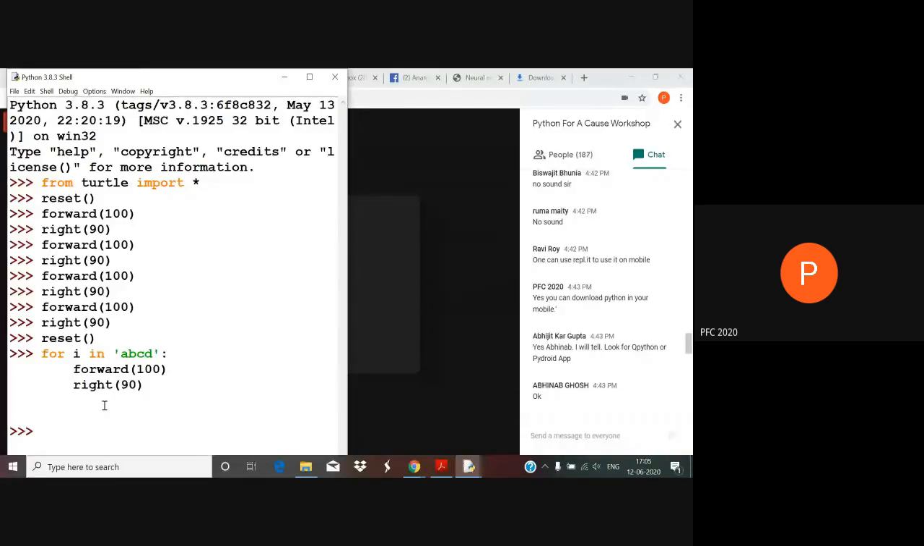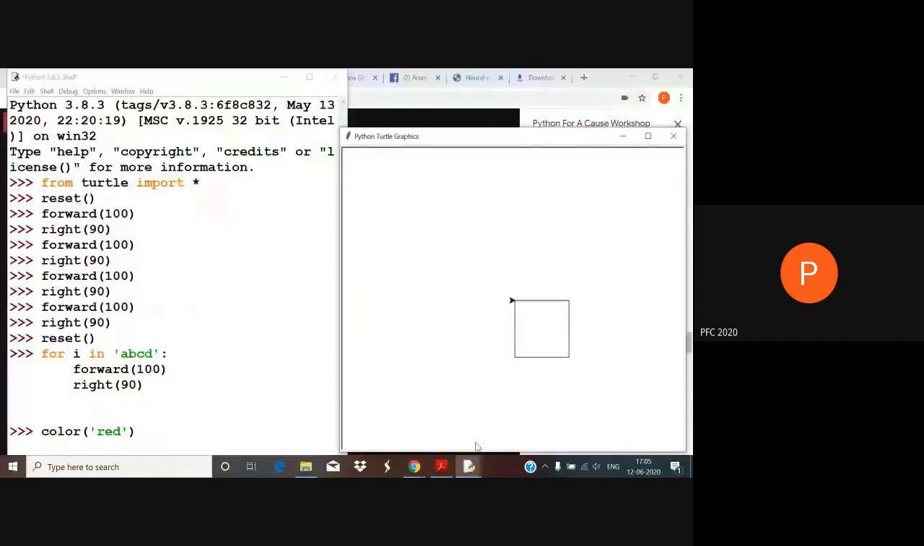So just to illustrate some further points, let me point out that Turtle has a function called color, and it's very easy to see what it does. When you say color, and inside the bracket you give the argument red in quotes, what you're telling Python is to change the color of the turtle to red. So if I do this, notice that the color of the turtle has changed to red. And if I now run the for i in ABCD code, what I'm going to get is that,